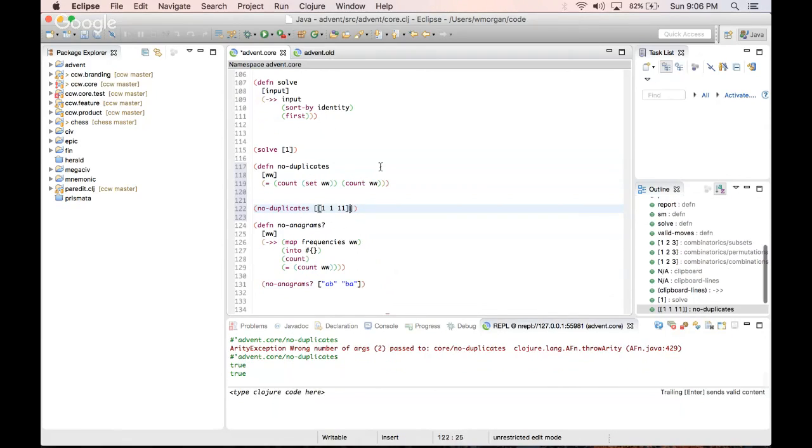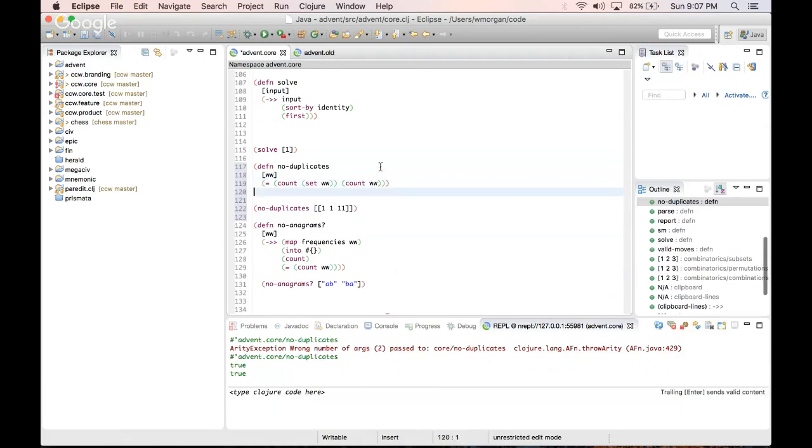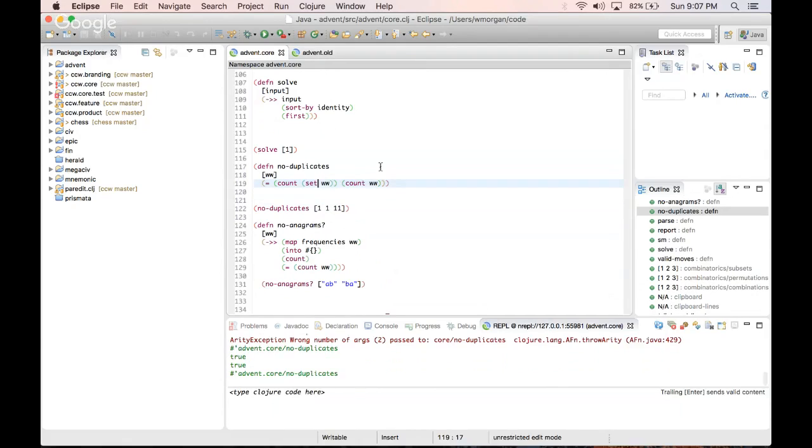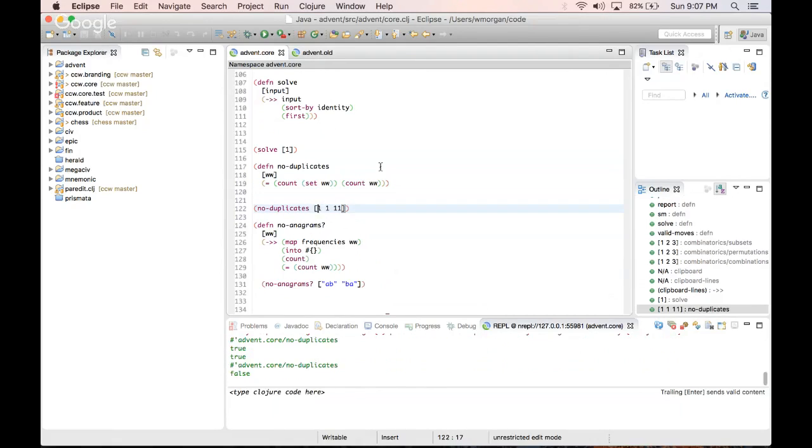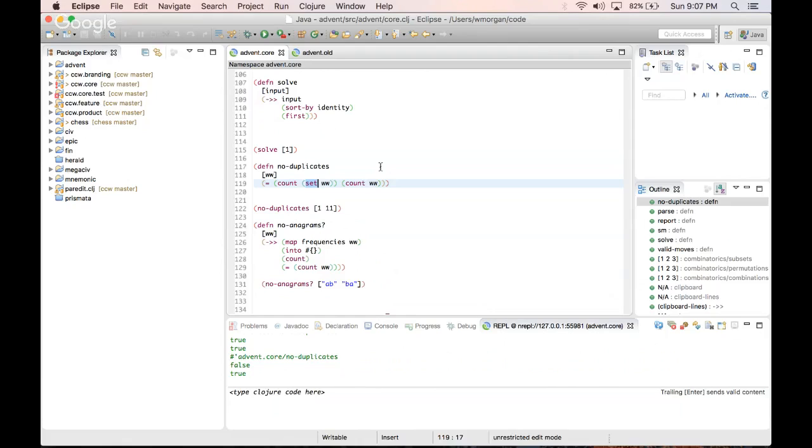All right, so in this case, if the input to our function was 1, 1, and 11, then the answer is false. If our answer was just 1, 11, then the answer is true. Basically, it's saying use the Clojure function set here, which takes a collection of things and returns a set on them, which basically uses the equal semantics to produce a set object here. And then if we had